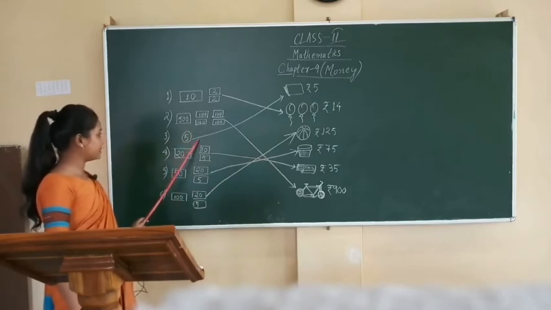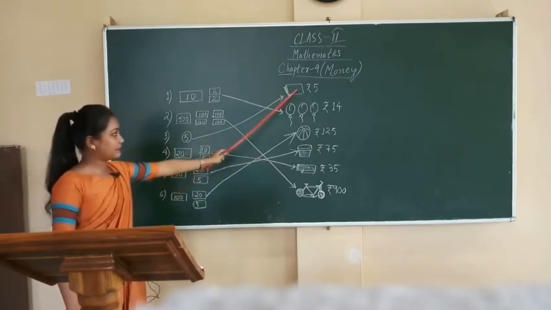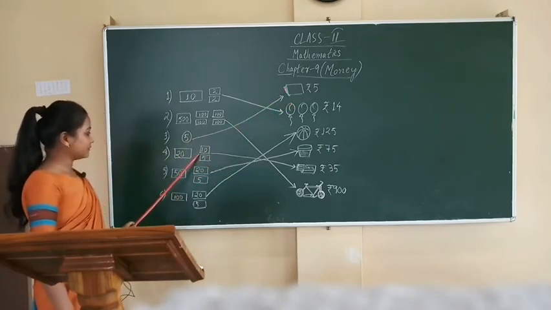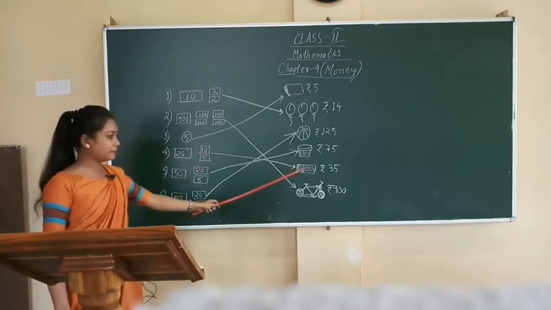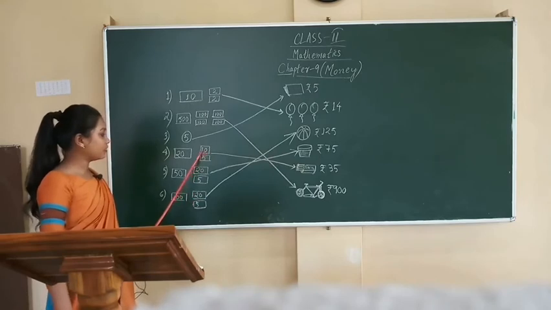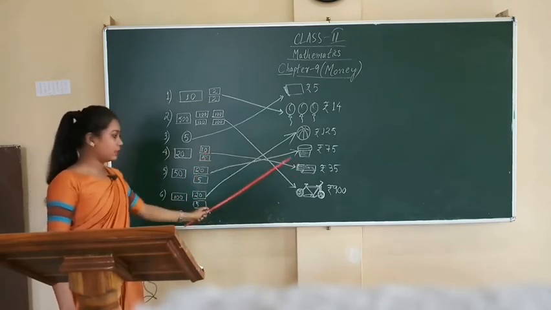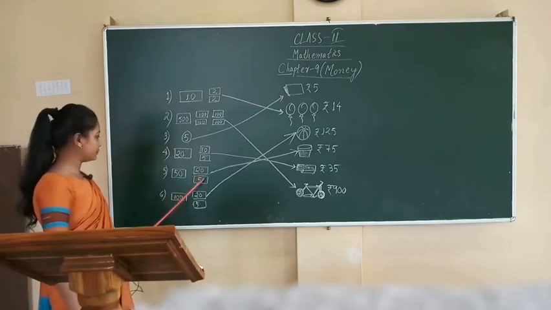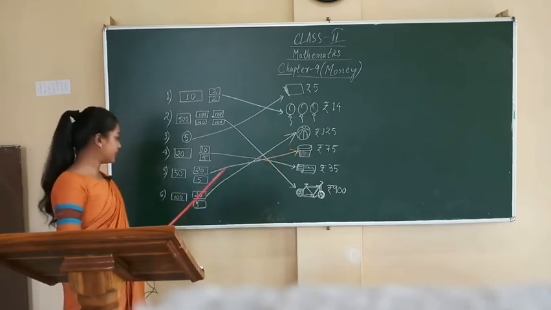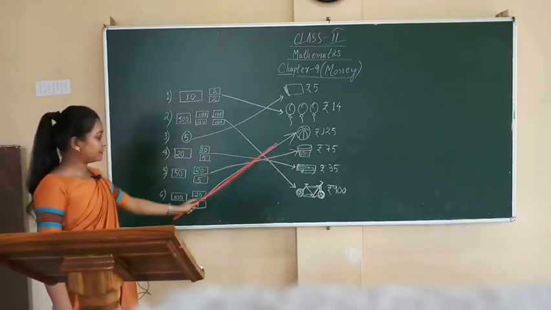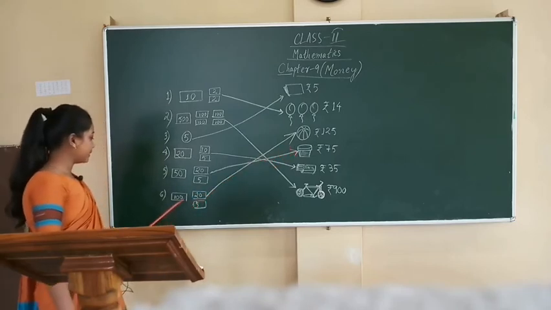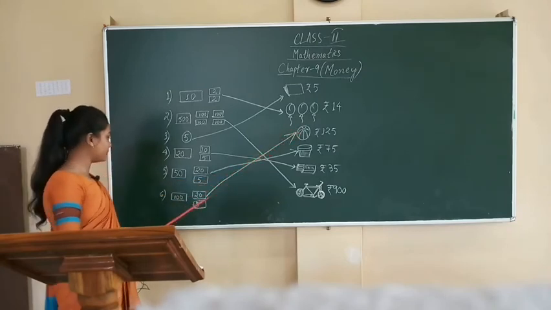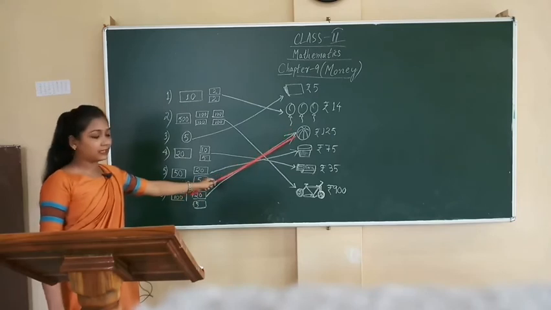Now, rupees 5. On the left side we have this thing of rupees 5. So, we will match rupees 5 here. Then 35 rupees. The pencil box is of rupees 35. So, we will match rupees 35 with the pencil box. Then 50 plus 20 plus 5 will have 75. So, the ice cream tub is of rupees 75. We will match 75 rupees with this ice cream tub. Now, 125, the cost of this ball is 125. So, we will match 125 with this ball.